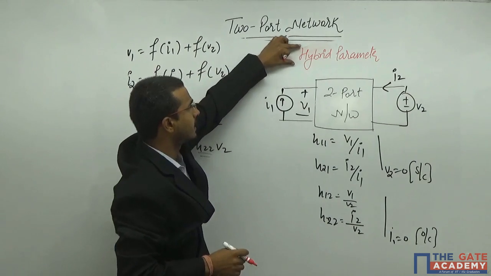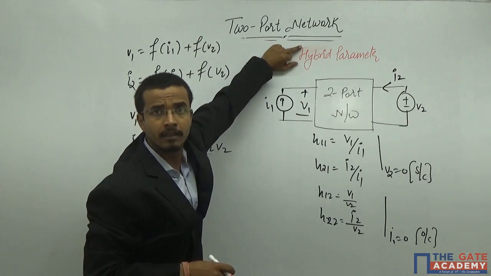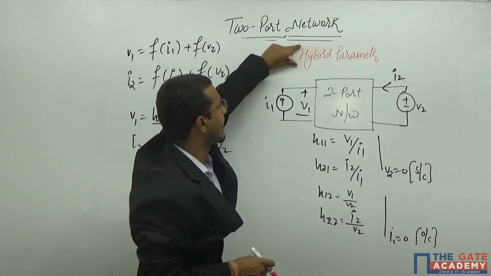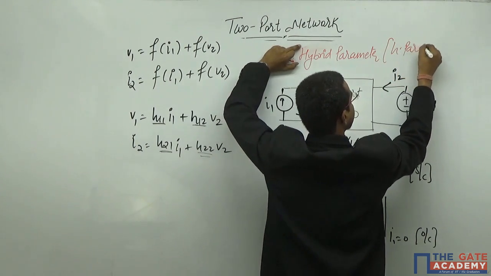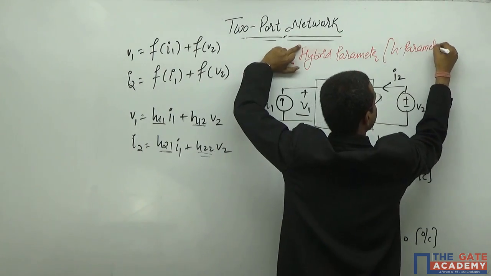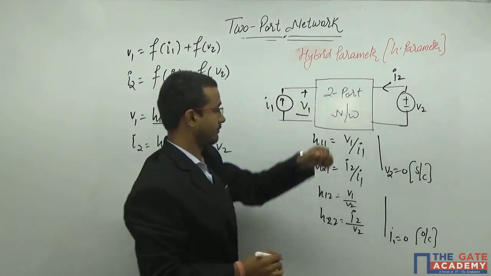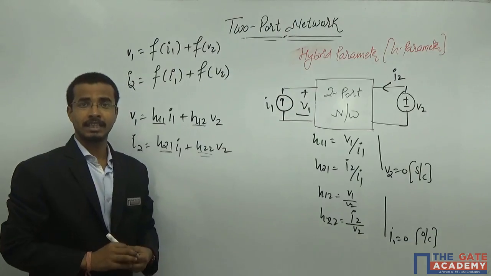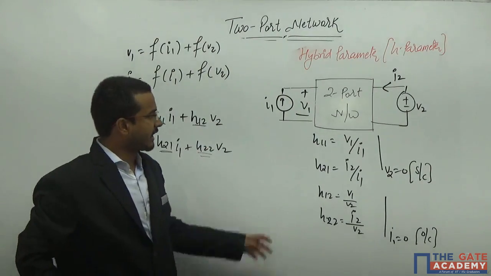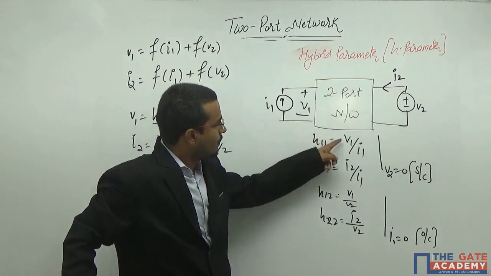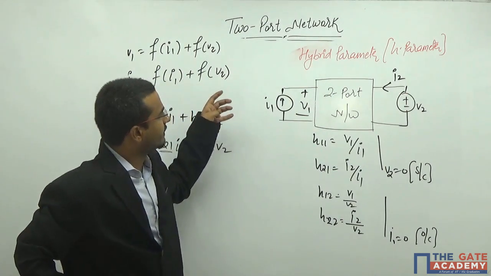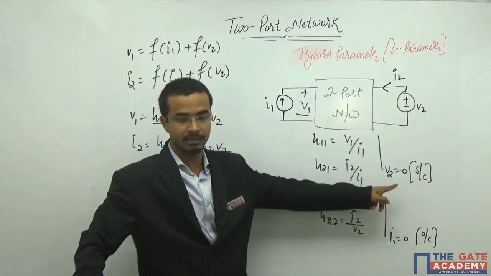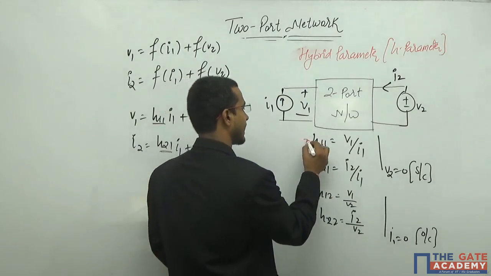And the starting result of this hybrid is H. That is why it is also known as the H parameter. But another reason is the unit of all. Here V1 upon I1 is basically the input impedance on this side, because you have removed this. That is why it is also known as the HI.